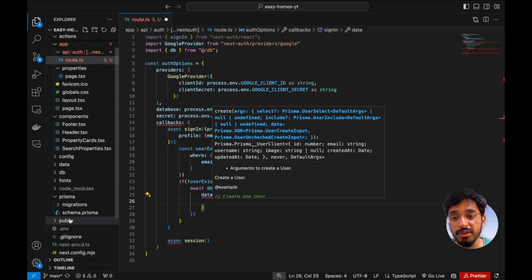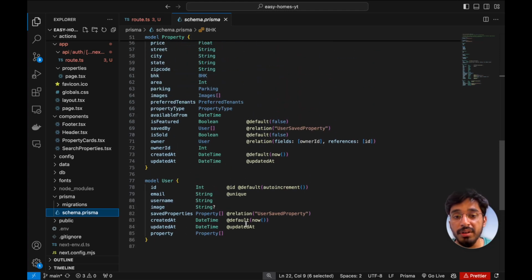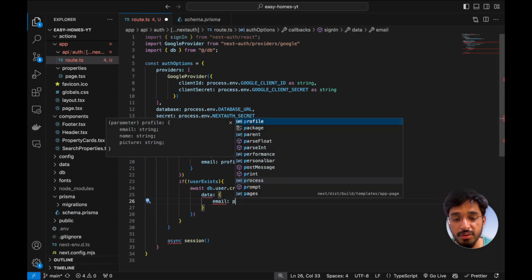If you remember, we have created the user object. So these are the required attributes, that is the email, username, and the image. The others are all optional. By default we have given some values, and then we can just go back and use the email and set that to profile.email,